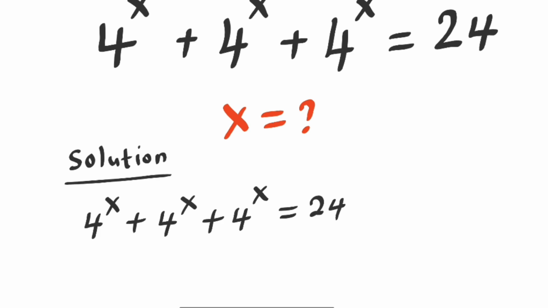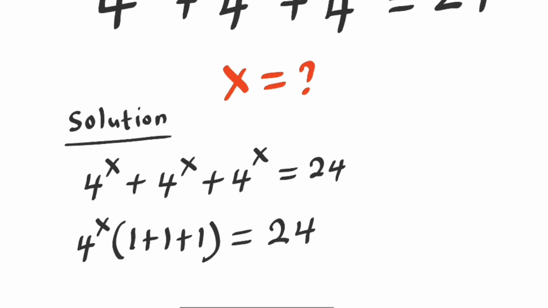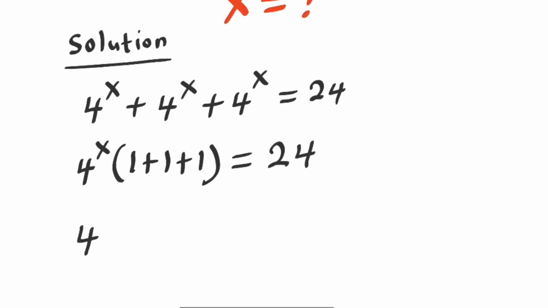You can see that 4 raised to power x is common. Let us bring it out: 4 raised to power x bracket. If you divide this 4 raised to power x by this 4 raised to power x, we have 1 plus, 1 plus, 1, is equal to 24. 4 raised to power x bracket 1 plus 1 plus 1, that is 3,